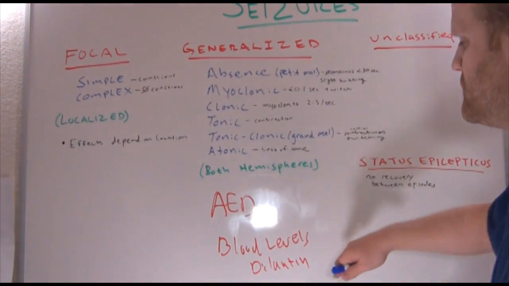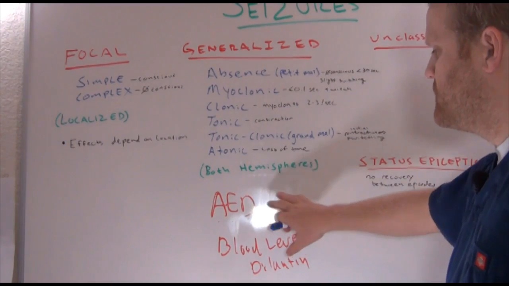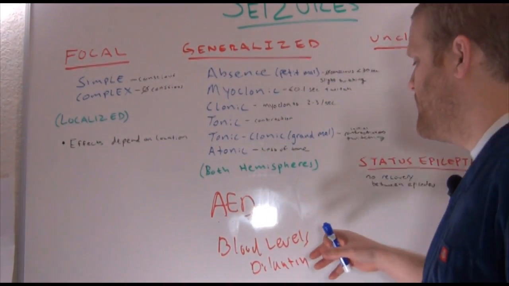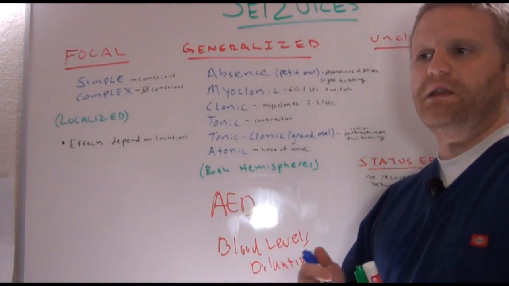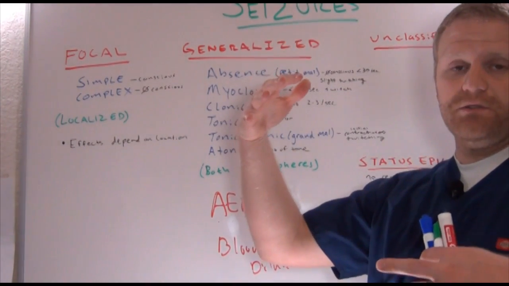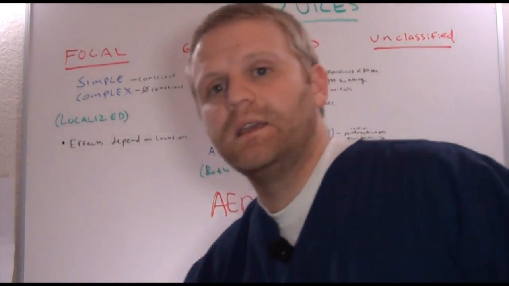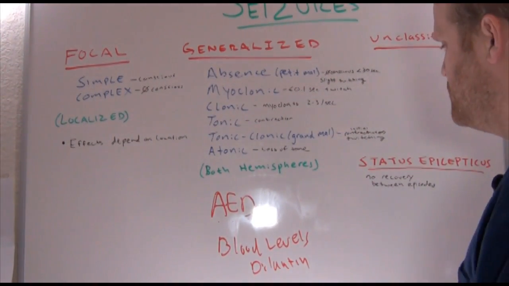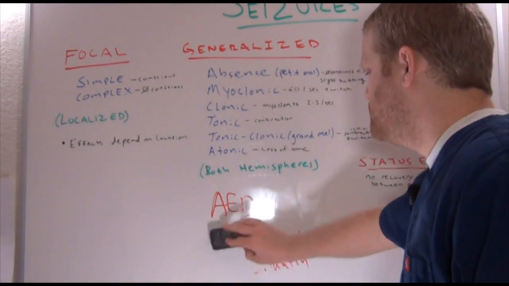So once we've stopped the seizure with the Ativan, we'll give them a loading dose of Dilantin, and then we'll follow up with these medications. We'll add one medication, and hopefully we can control the seizures with that one medication. If we can't, then we'll add others. A lot of times the medication we'll use is fosphenytoin.